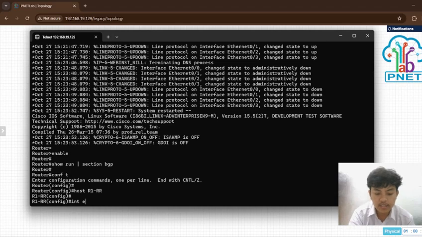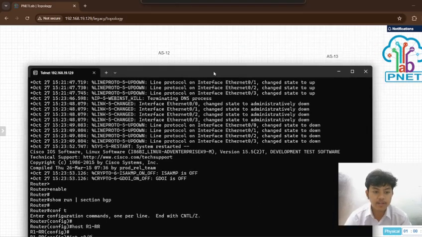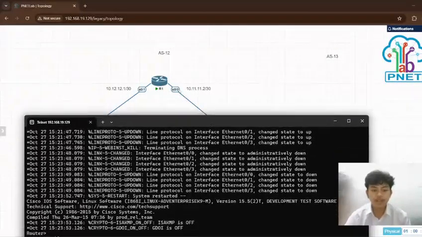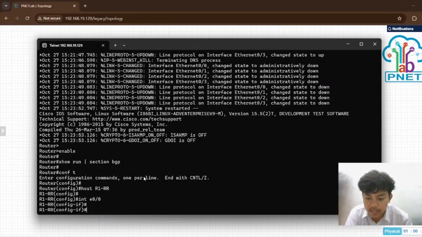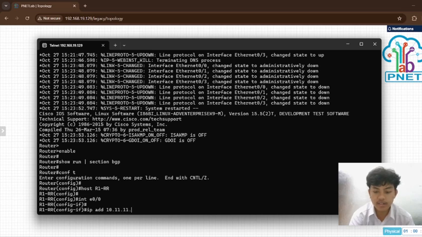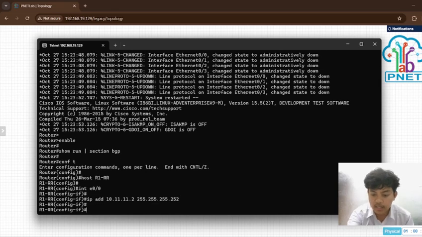Then interface Ethernet 0/0, IP address 10.11.11.2 and the subnet mask, because we use prefix 30, the subnet mask like this, enter, and no shut.